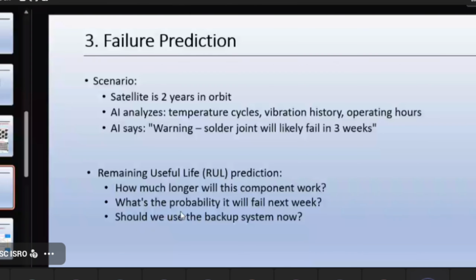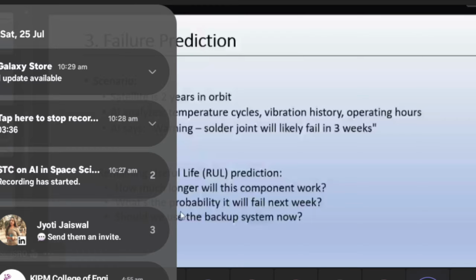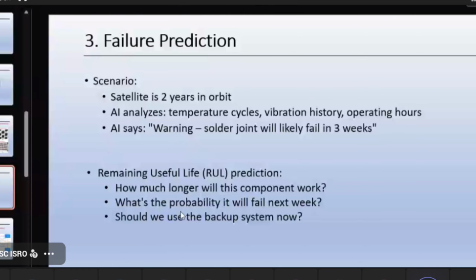Next is failure prediction. We keep generating data. As I told you, there are thousands of joints, nearly 1 lakh joints in all the circuits of a satellite. Ever since the design starts, till the spacecraft is launched, until the lifetime is completed, we keep generating a lot of data. But till now, we do not have any way to make sense of the data. Data analysis tools were there, but they were still dependent on the skill of the person using that data. There was no consistency from person to person.